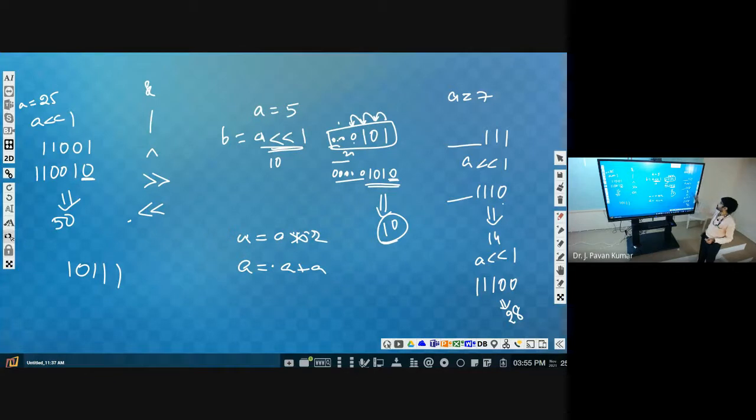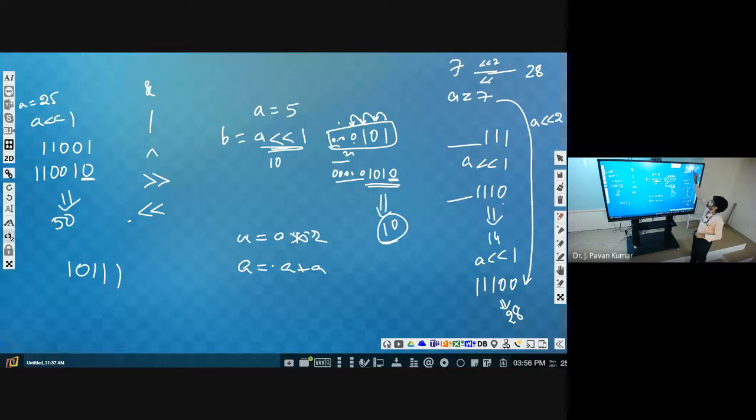Now starting from here, a is equal to 7. How we are getting this one is, in the middle we can say a left shift by how many bit positions? 2 bits. A left shift twice, then we are getting this one. What is the a value? 7 to 28. How we are getting it? By left shift by 2 positions, we are getting 28. 3 positions means, check once.